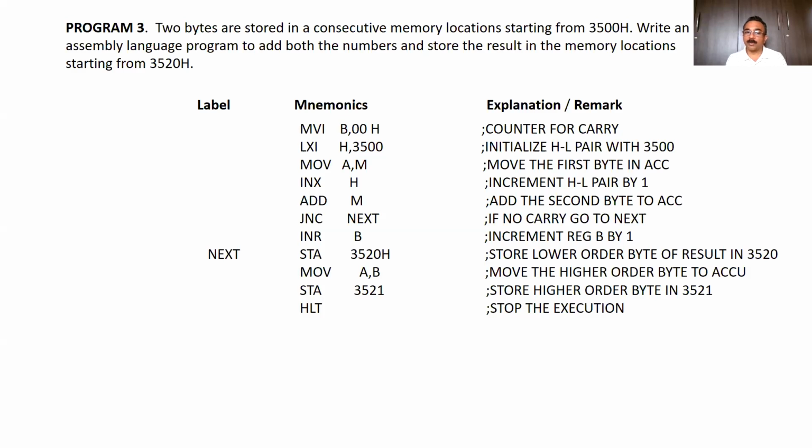Why? Actually, first you'll have to decide the counter and then you'll have to assign it properly. If your counter is assigned wrong, then whatever result you get, even though the entire program is correct and your logic is correct, you don't get the expected result. And in that case, there are chances of marks cutting. 100% your marks will get cut and you will get just 1 or 2 marks. So these are very, very important things.